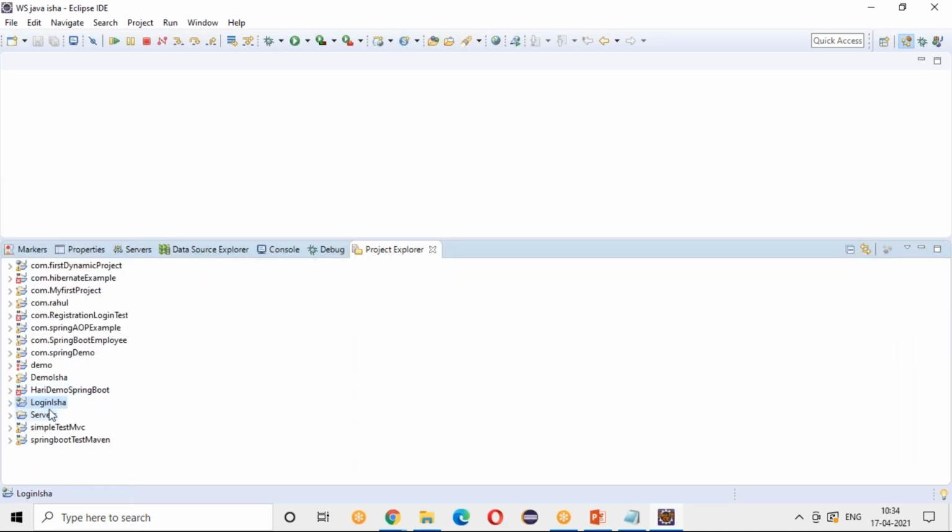So I have created a project called Login Isha. You have seen the structure is different, right? You have Java resources and web content. In this web content, you have this web.xml.